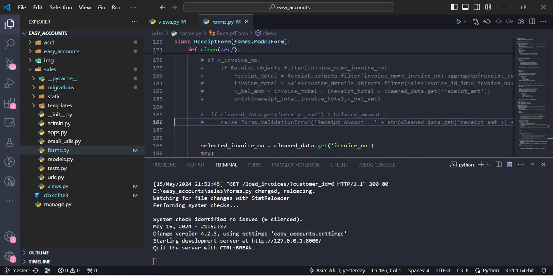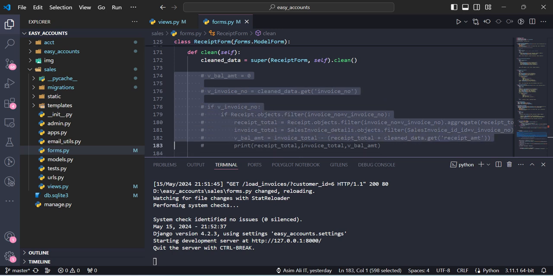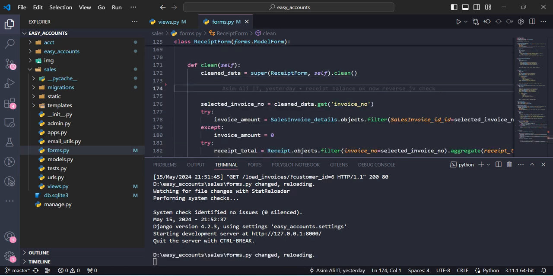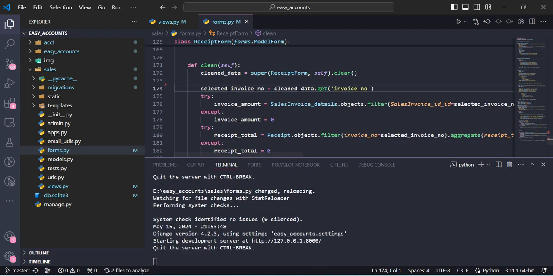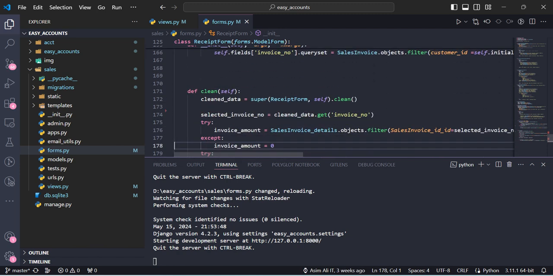This old logic, actually I was checking the balance. Now I remove this logic. Now it is very simple. Clean data: whichever invoice number is selected by the user will come here. Then it will try to catch the invoice number,